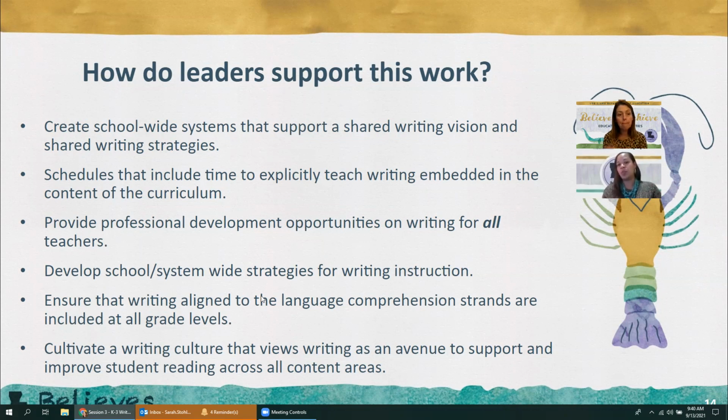We don't want to wait until second and third grade for students to begin writing at those language comprehension strand levels, just knowing that what they produce may look a little bit different. It's really important that we cultivate a writing culture that views writing as an avenue to support and improve student reading across all content areas.